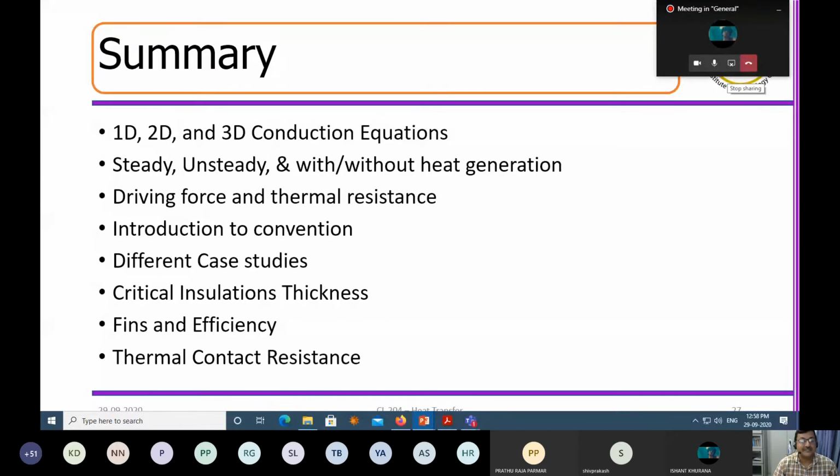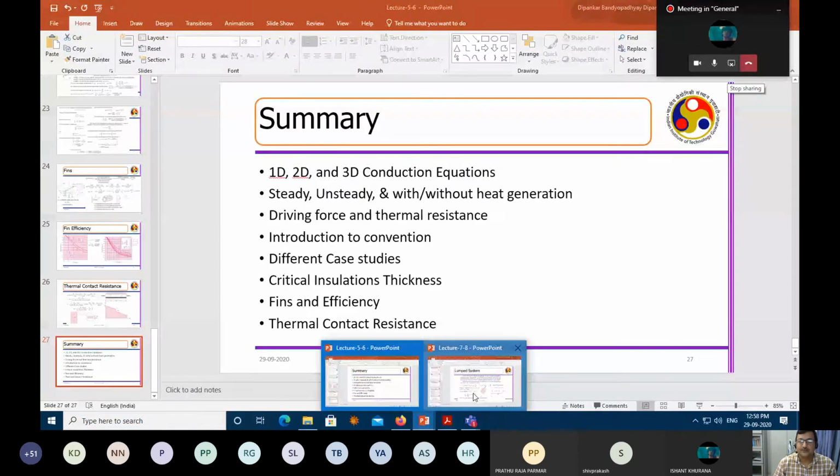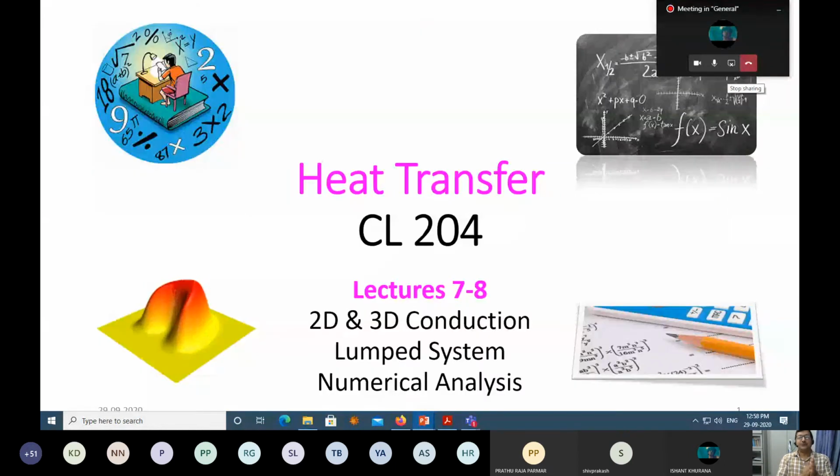So we introduced convection in the conduction equations. We did different case studies. Okay, we identified the concept of insulation thickness, critical insulation thickness, and then we correlated this with fin efficiency. And we understood the importance of thermal contact resistance. These are the typical summary of the things that you will require for an engineering calculation. Now, since 10 minutes remain, we should quickly go to a few slides of the next lecture, so that we can do the tutorial in a very comprehensive manner.